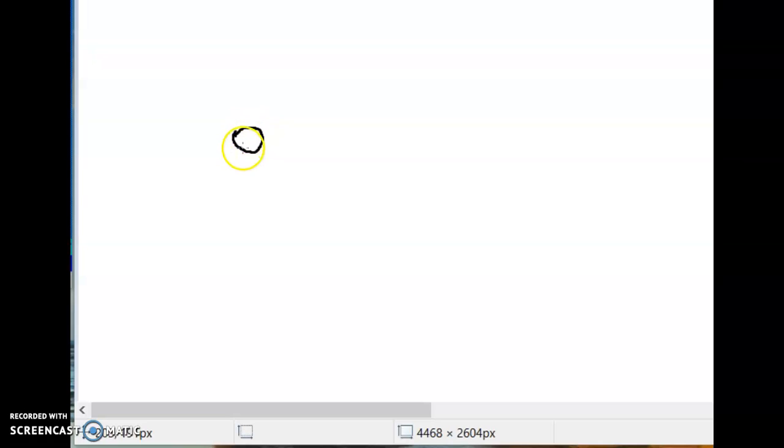For example, this is your pixel, xy, and in the 4-connected method these 4 points, 1, 2, 3 and 4, which are connected to this pixel, are considered.